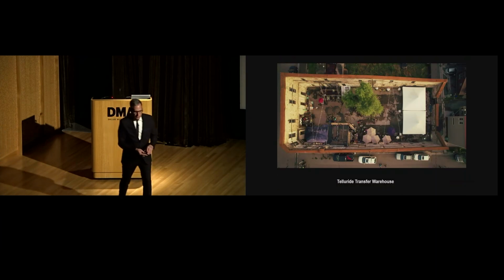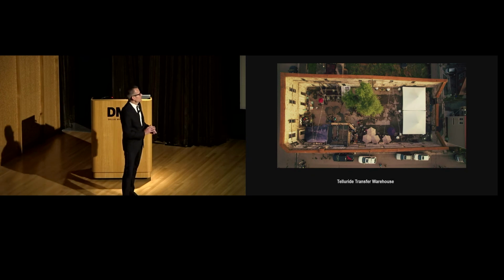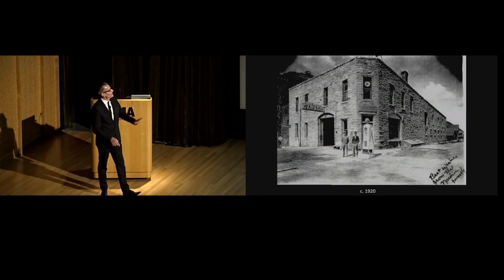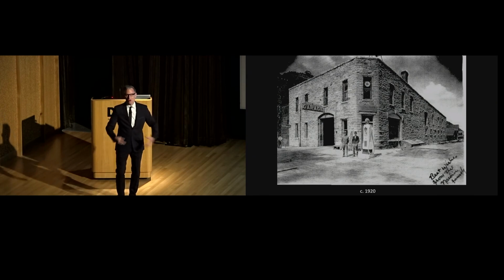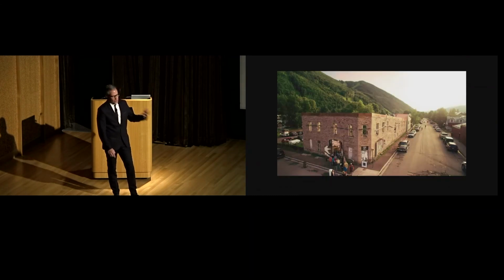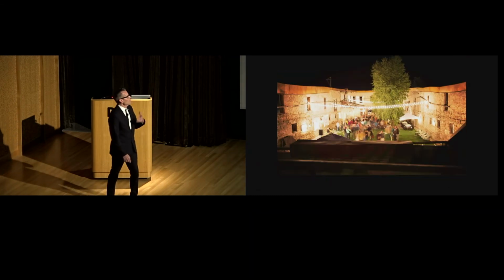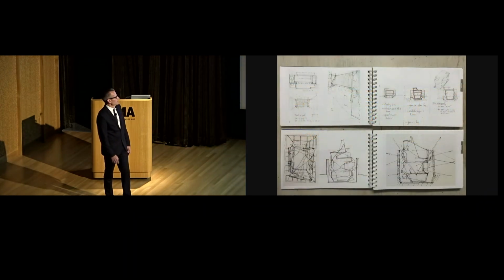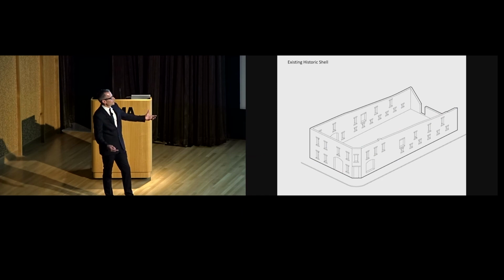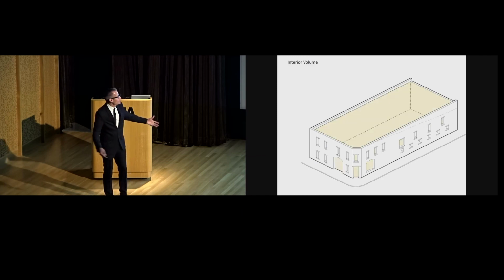And in a project, a competition we won in Telluride for an art center, this project was set up for a nested section. We had to deal with an existing stone wall, one of the older building artifacts in Telluride. How do we work with this and deal with thermal controls, humidity controls? It meant that we really had to imagine that the project was going to be a volume within a volume, and that would allow us to work with the historic shell, put it on display, make it visible, but to